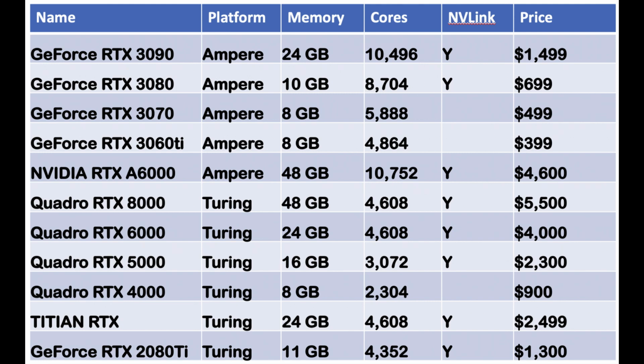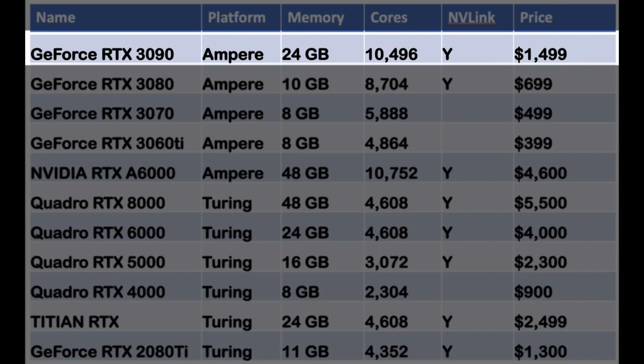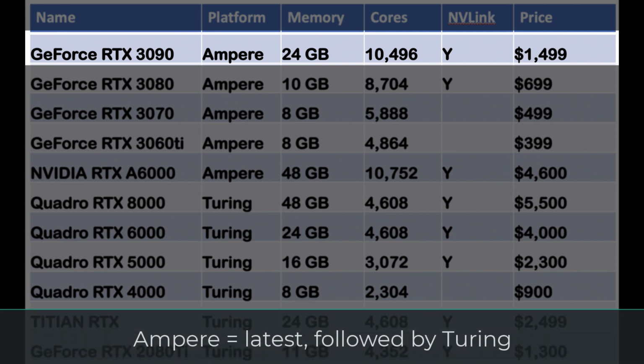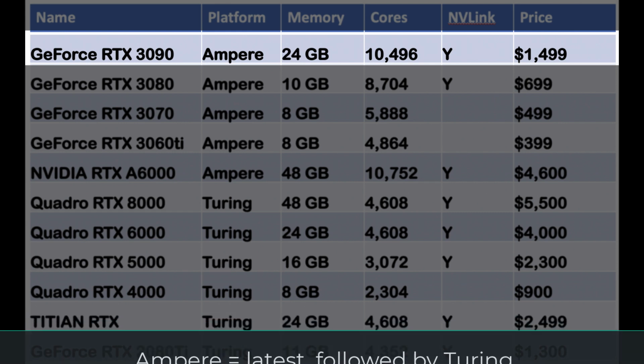For me, on a desktop, if it's a system that I'm putting together myself or purchasing, I would look at probably dual 3090s, or starting with one 3090 and adding the second one if I really needed it. The 24 gigabytes for what I do is really enough, and the cores are going to be quite fast. It's Ampere, so not everything is necessarily taking advantage of all the cool things that this GPU can do in early 2021.